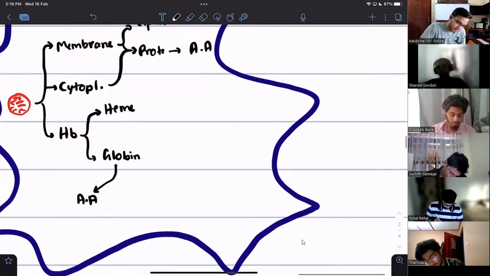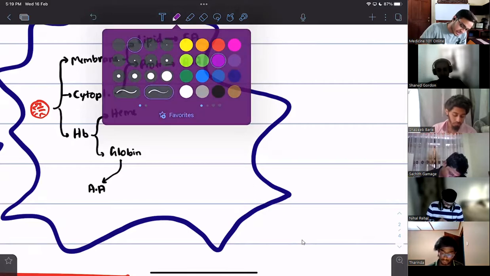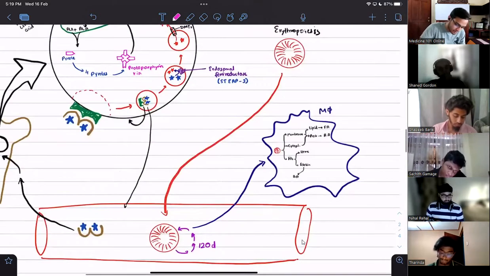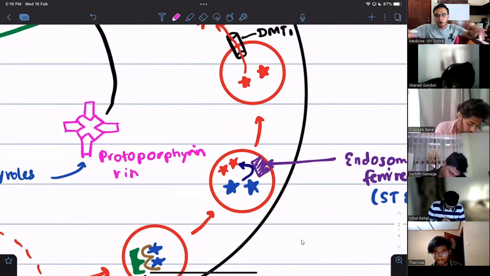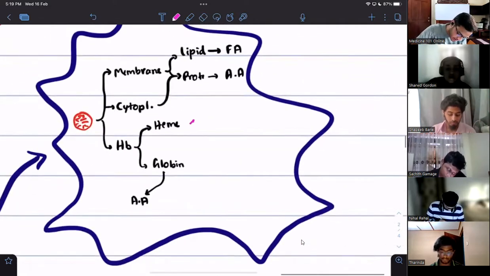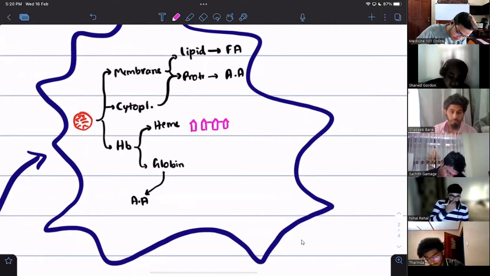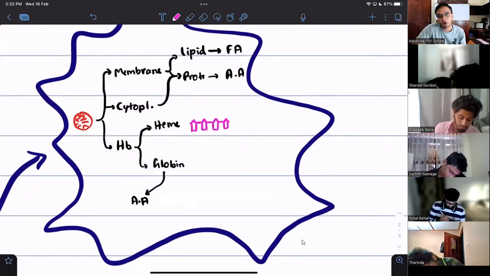Look at this, guys. During this process, the first thing that will happen, remember our protoporphyrin ring? This ring form will be disintegrated. So the first thing that will happen is this ring will disappear and now it will be something like this, just like a chain. The ring disappeared, so it's just now 4 pyrroles joined together. It's not a ring anymore.